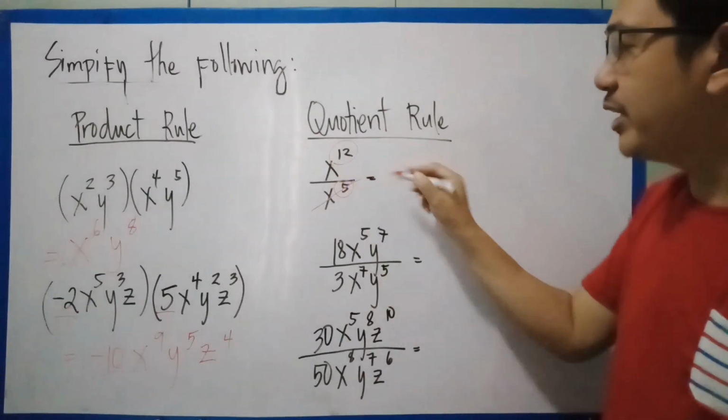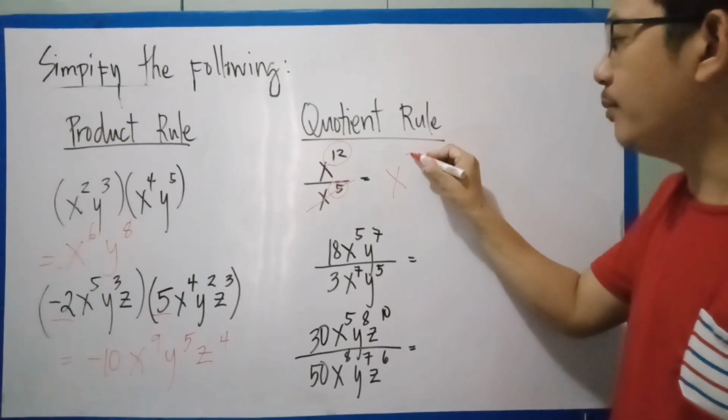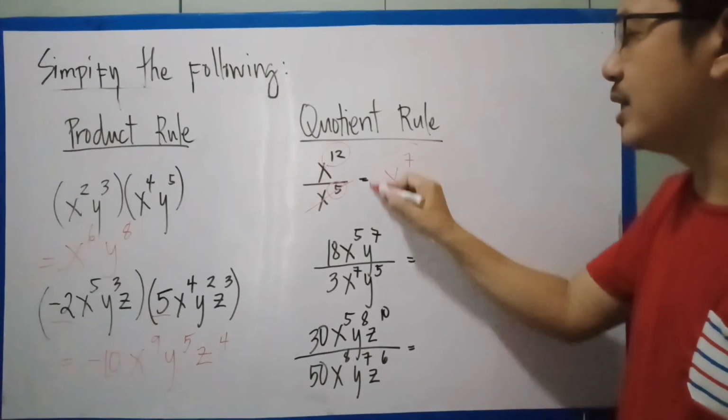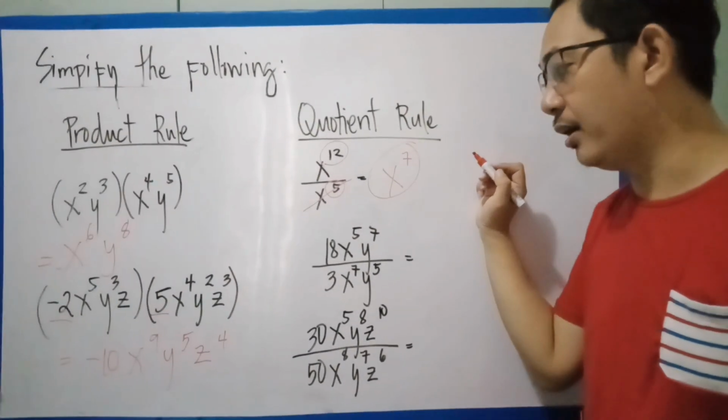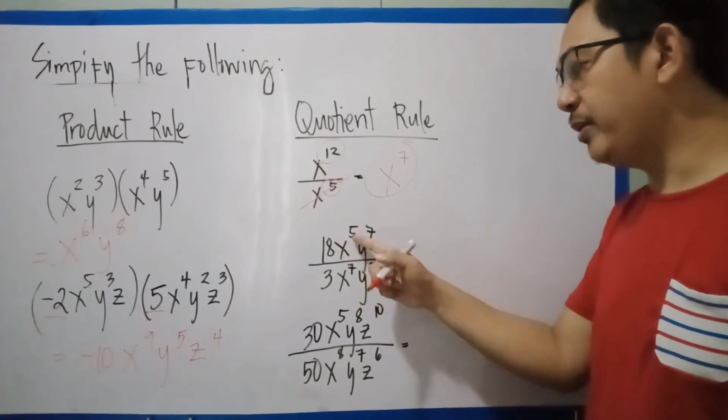And in this case, copy x. Then 12 minus 5 is 7. So therefore, we have here x raised to 7 as our answer. I hope it's clear. So for the next example, we have here 18x to the 5th power y to the